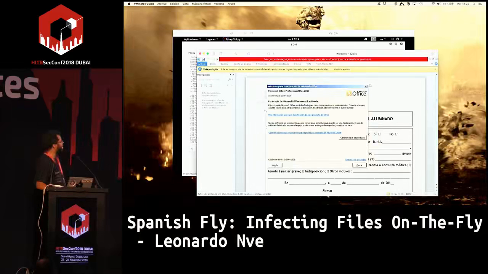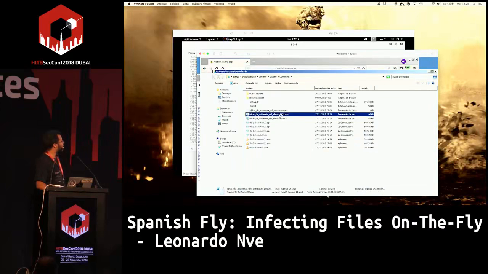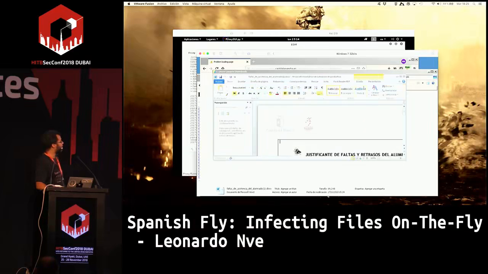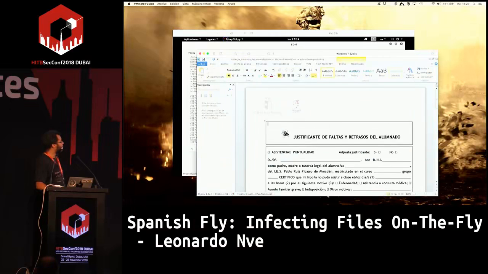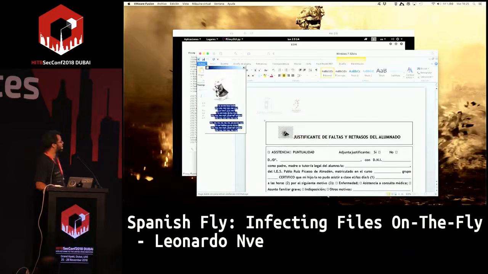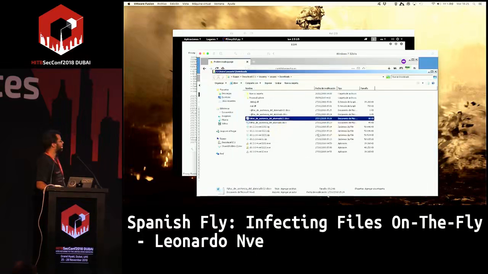Yes, I wrote an Office document, and this is the modified one. We added here an object. If we are reading the edition, this object is very simple. It's an OLE object, the icon is going to change. So for attacks, you have to be creative.